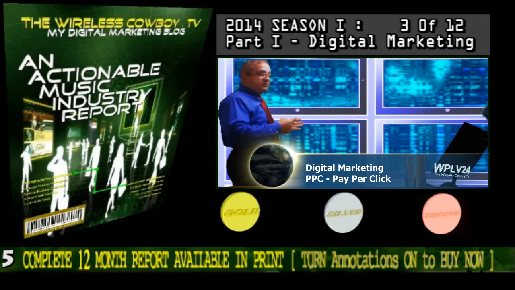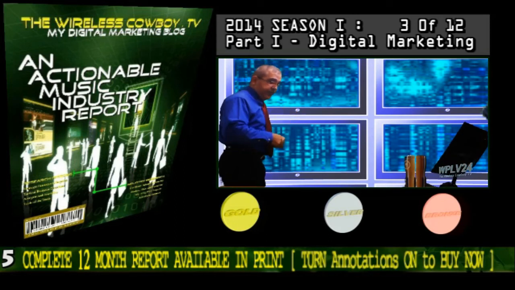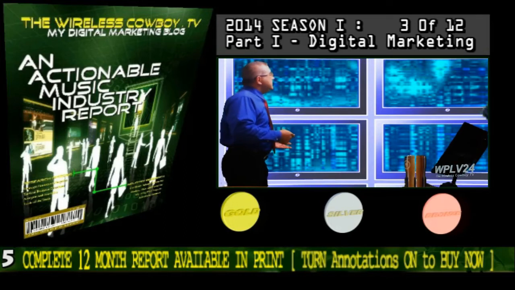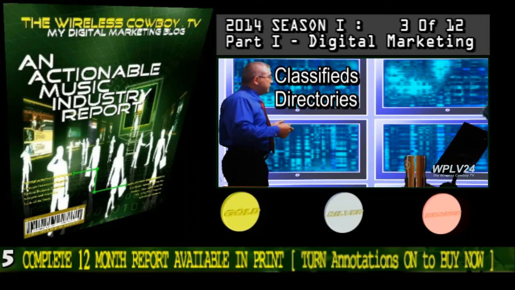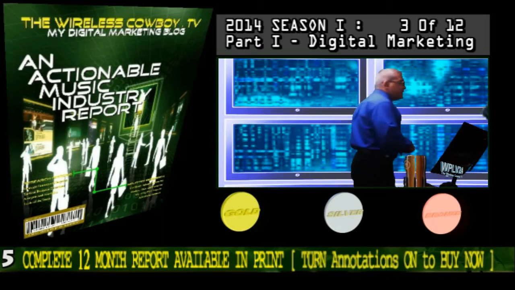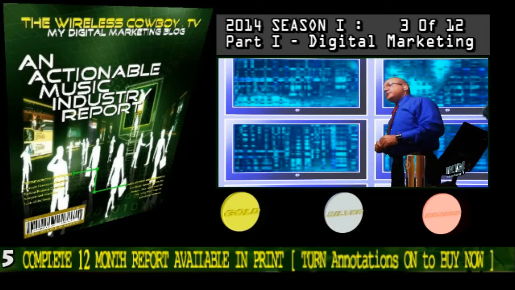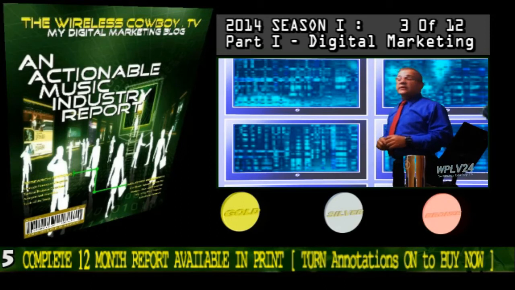Let's move on to PPC, pay per click. Now, direct buy networks, agencies, search, mobile, email marketing, classifieds, are where PPC may come into play. So PPC has two main players currently: online classifieds and directories, which are slowly making their move on sites like Craigslist and eBay, billing almost $3 billion US per year, or 6% of the entire PPC sector.